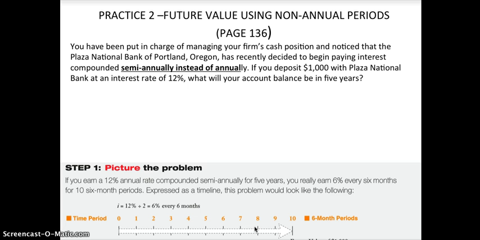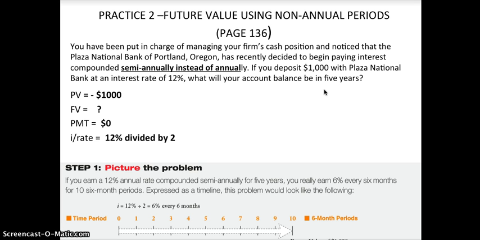So again, it's a future value question, but the periods start to get a little bit trickier. So let's again work through the 5 criteria. Present value is minus 1,000 because we're depositing $1,000 into the bank. The future value we don't know. We're trying to solve for that. There's no payment. Now the interest rate is 12%, but it's divided by 2 because we're going to receive 2 interest payments per year. So 12% divided by 2 is 6%, and we're going to get 6% every 6 months